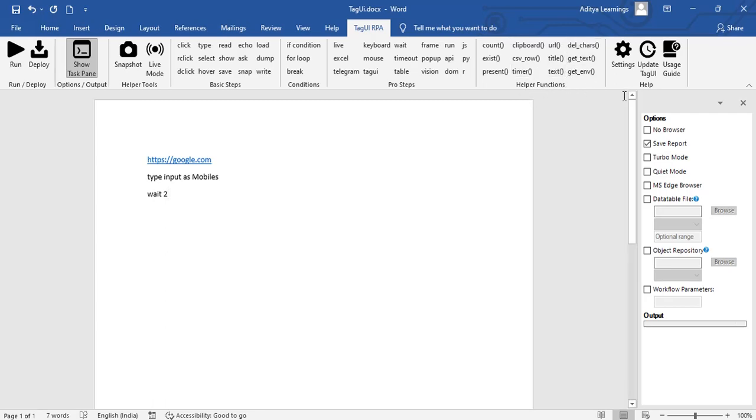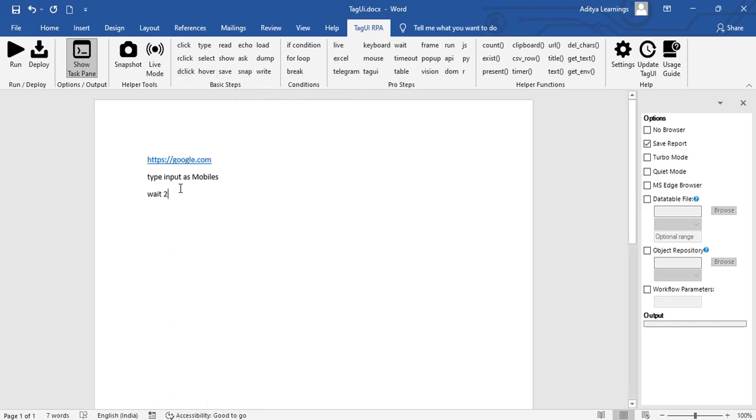And the last part is the help section, where you can find out if the TagUI plugin has an update, and you can update it from here. Or if you want to see the user guide, you can click here, and it will open up the user guide, where you can see all these functions and the documentation regarding each step.